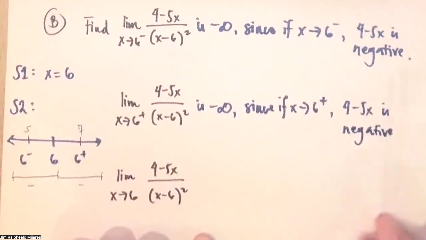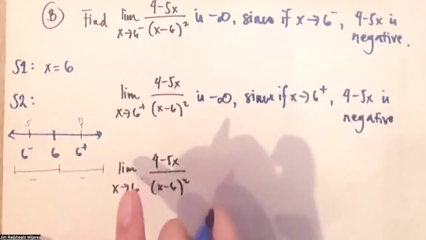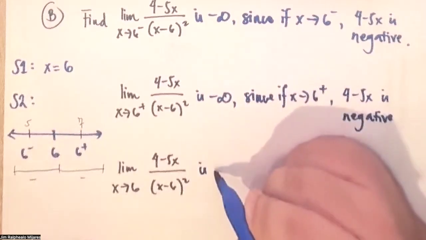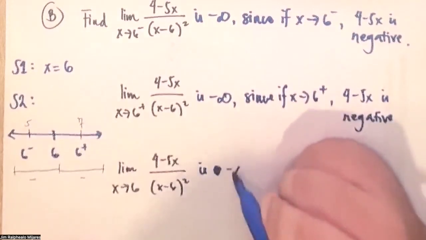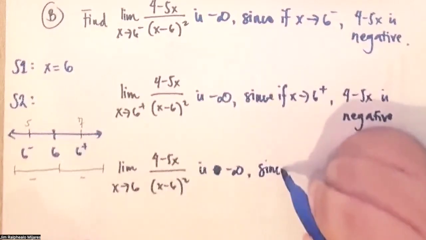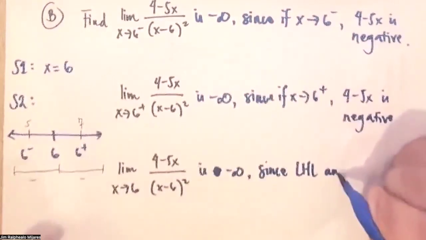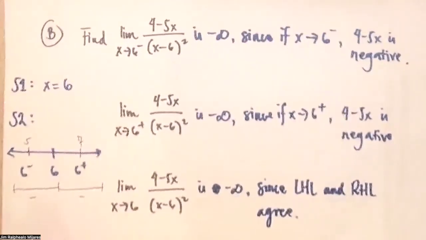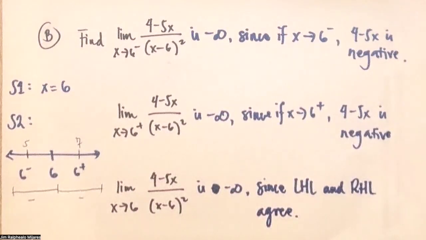Okay, so they both agree. The double-sided limit is negative infinity, since the left-hand limit and right-hand limit agree. Okay, so that's it. I guess the hard part here is determining whether it's positive or negative. So that's step three of our three steps. So you just gotta try to